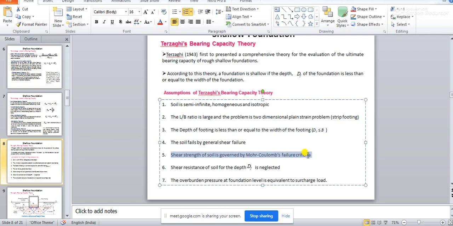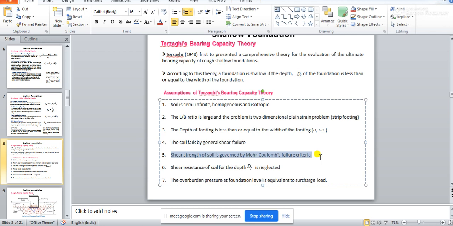Then the next assumption is that the shear strength of soil is governed by Mohr-Coulomb's failure criteria. You remember Mohr-Coulomb failure criteria? I have explained it. Mohr-Coulomb failure criteria is nothing but a straight line equation where tau, the shear strength of soil or the shear stress in soil, is given by tau is equal to C plus sigma tan phi, where C is nothing but your cohesion,